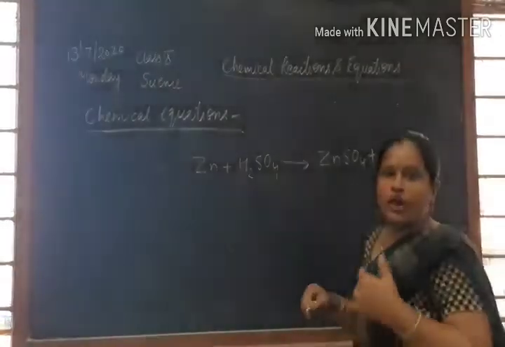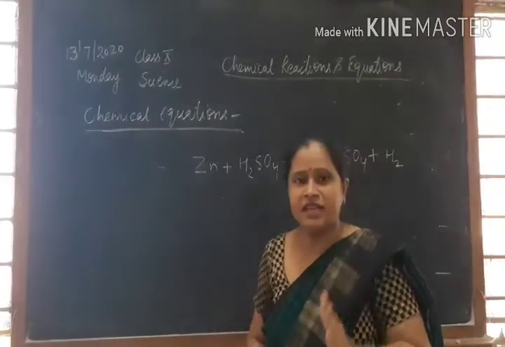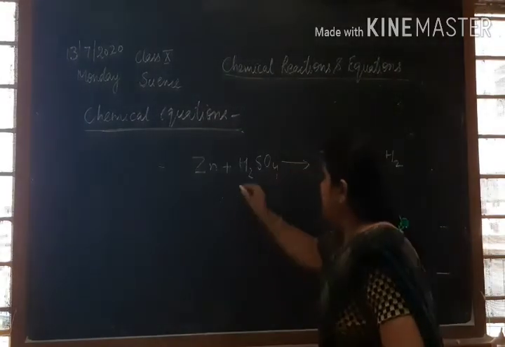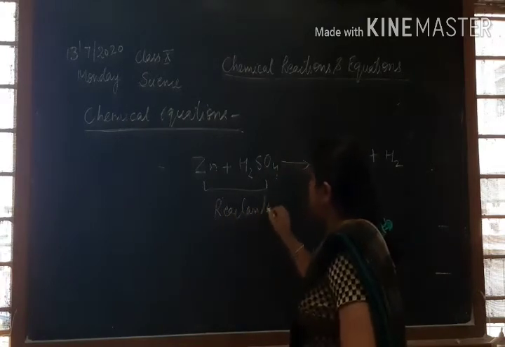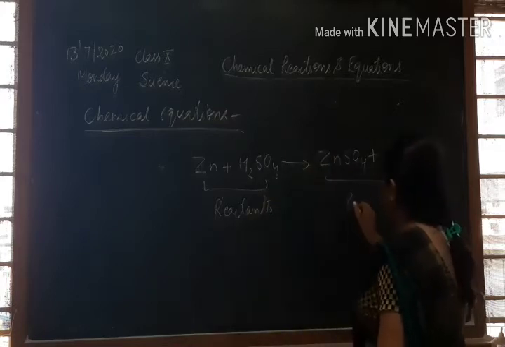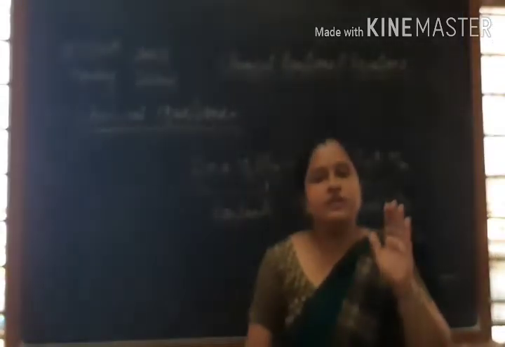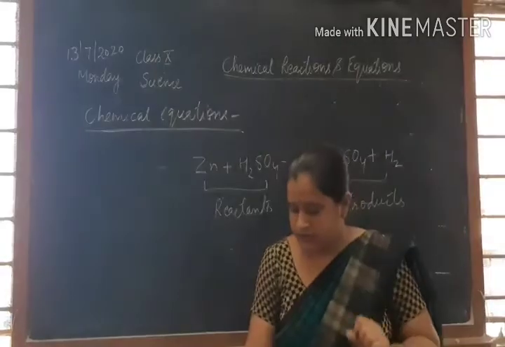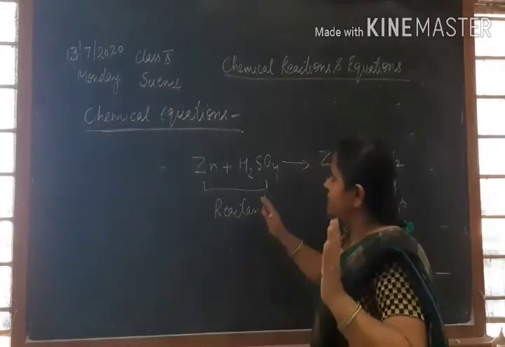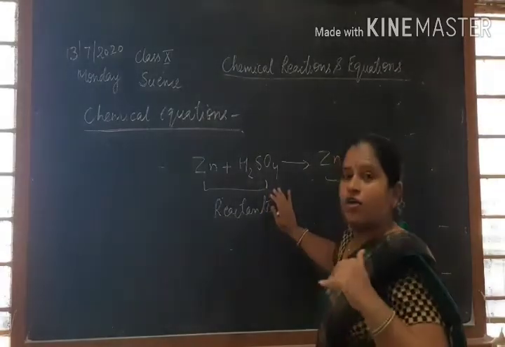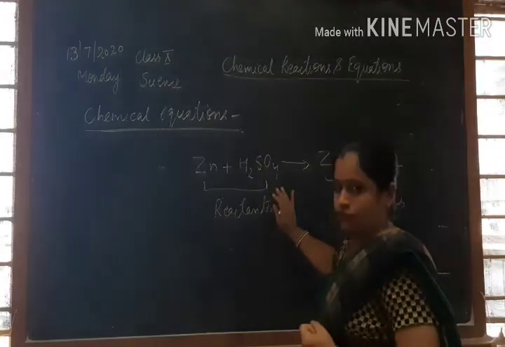You all know H2 is hydrogen gas. Whenever we are talking about any chemical reaction or equation, these two are reactants and these two are products. In any chemical reaction, products and reactants are compulsory. Now you can see that this equation has how many types of atoms, or how many types of elements, over there.